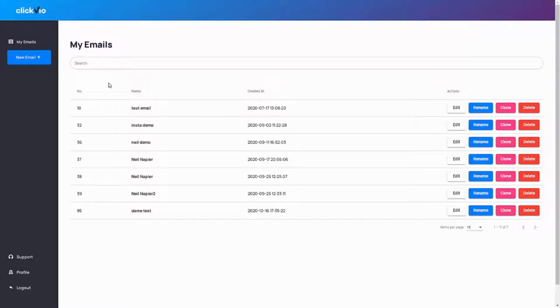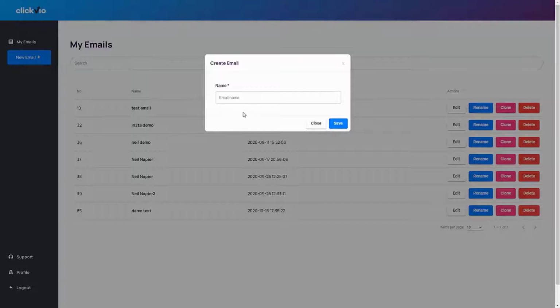Now, before I get into it, I will also tell you this: most autoresponders can't switch to MJML overnight because it's an architectural change. So for ActiveCampaign, GetResponse, ConvertKit, and all these platforms to do MJML, they're going to need months of work. Fortunately, we're in a position where we've been able to create this from scratch fairly quickly, tested it thoroughly, and now we bring it to you. And here's how this works.